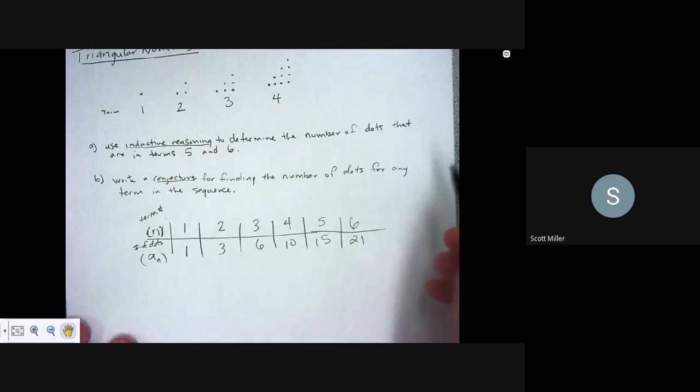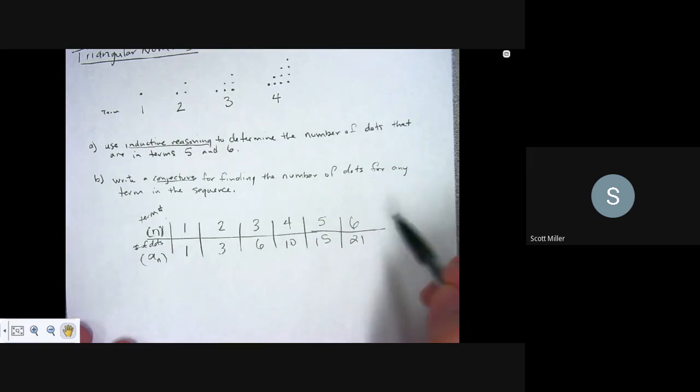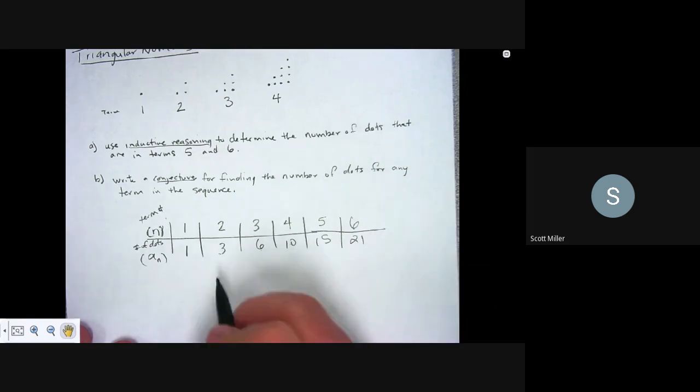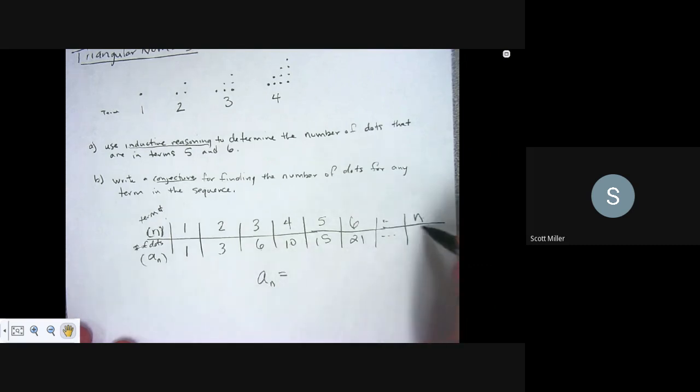Okay? So we go through this process right here. We look at different kinds of things. Is there a way I can figure this out? Is there a pattern that I can notice? Can I get out here somewhere as I keep on going to some n value, and can I find a sub n? If I have an n, what would be the number of dots it's going to be? Can I figure out this pattern? And